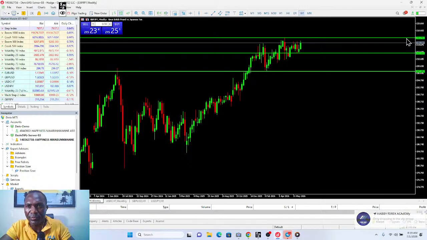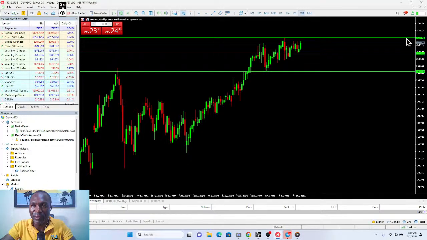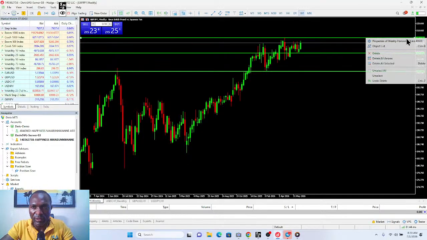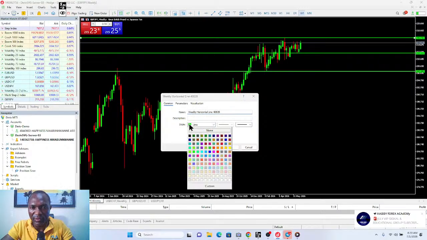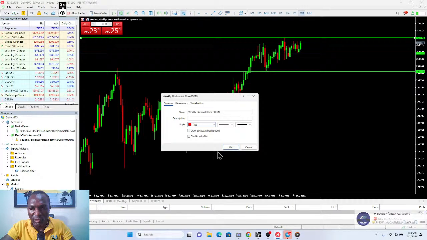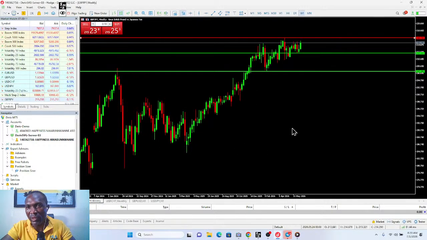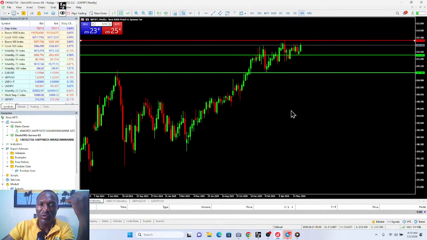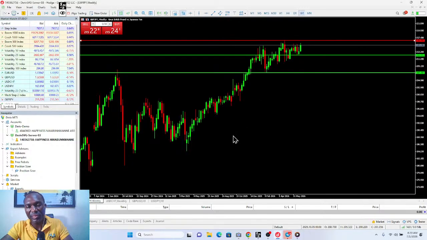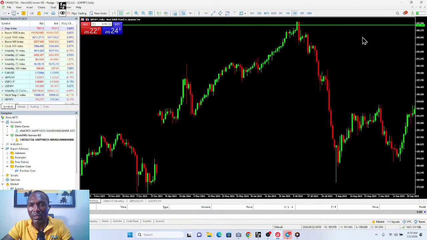Change the color. If you want to sell, remember the trend is an uptrend, not a downtrend. Remember, when you are selling, you're going counter. So we've seen that the market is still on an uptrend, because it's creating a series of higher highs. So just like that, move on to daily.